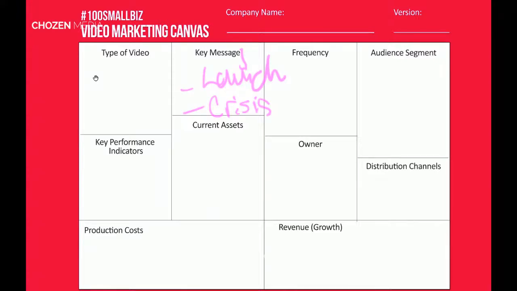And then maybe you already have assets. Maybe you have assets from a previous campaign. So you have some social media videos, or maybe there's some sort of presentation that the art department has already created. So you don't necessarily have to start from scratch with this campaign. Who owns this? Okay, is this the communications department that is responsible for this, or is this coming out of maybe the finance team?